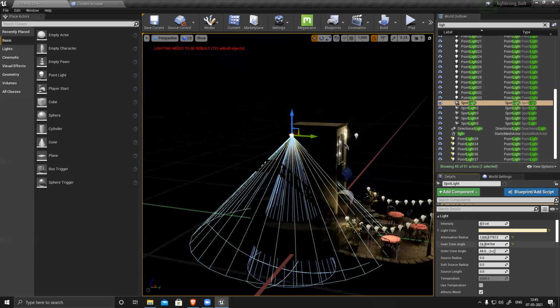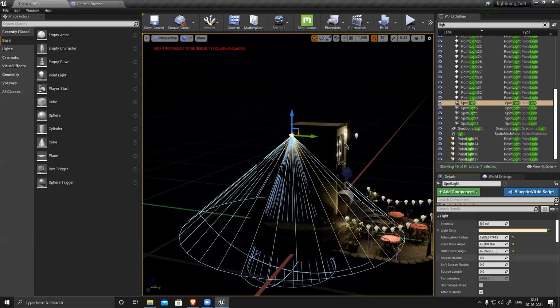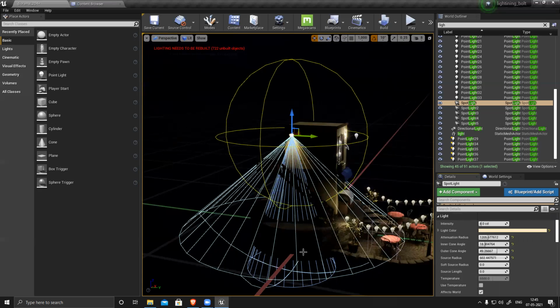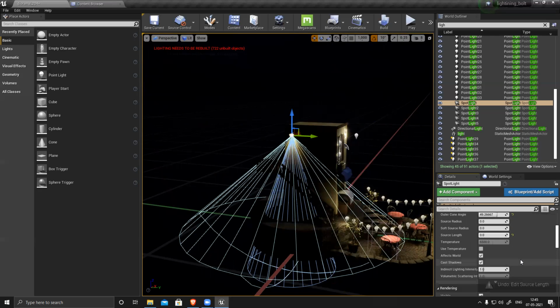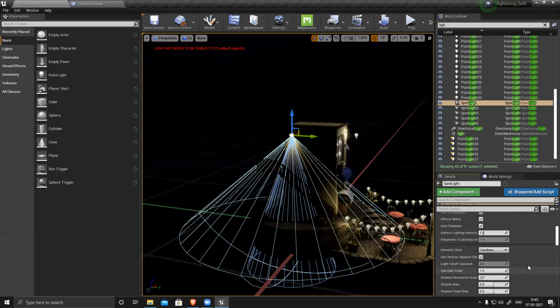Inner this thing. Not this one. Where is my light? More settings.